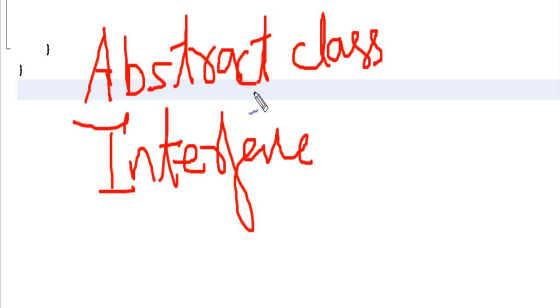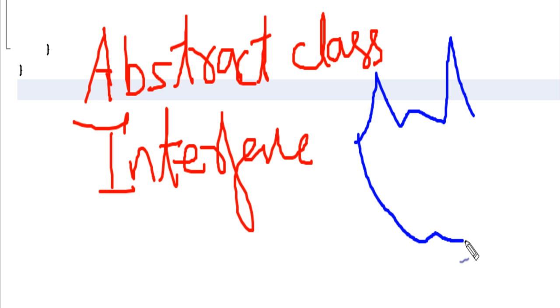Dear students, today we're gonna deal with two ghosts. One is the abstract class and one is an interface. These are basically the two ghosts,